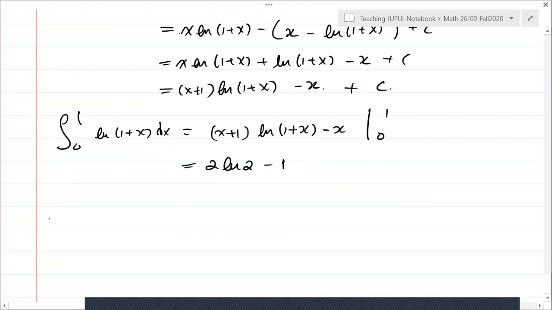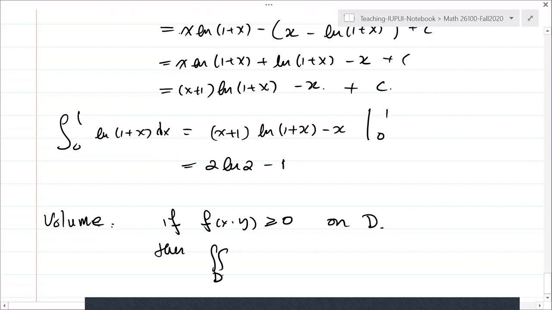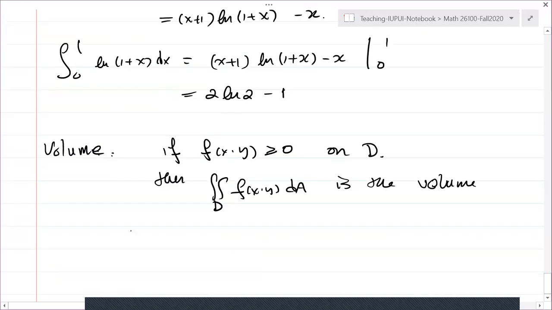So if f(x,y) is greater than 0 on the domain, then this double integral, the limit of the Riemann sums, is going to be the volume of the region in space, the region under the graph